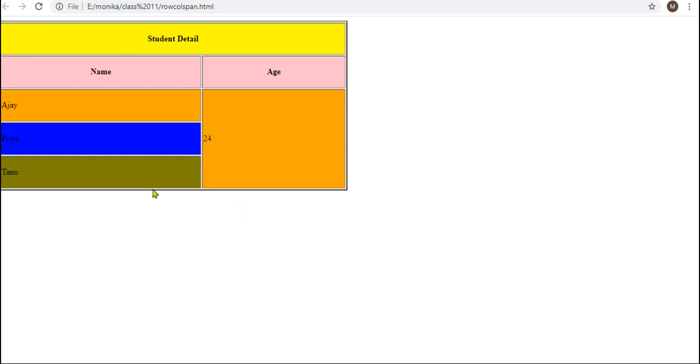Okay, now suppose if I don't want to merge this cell of this row, I want another data for this row here also, then what will I do?